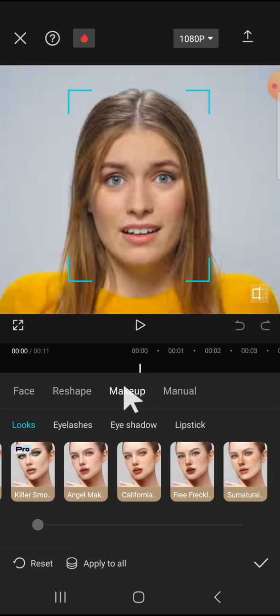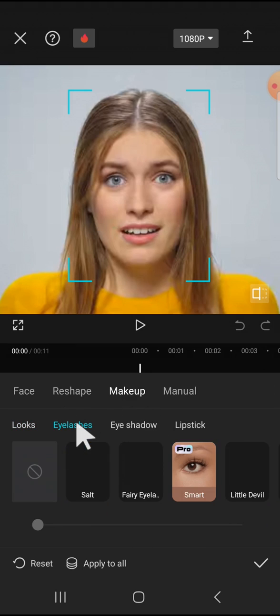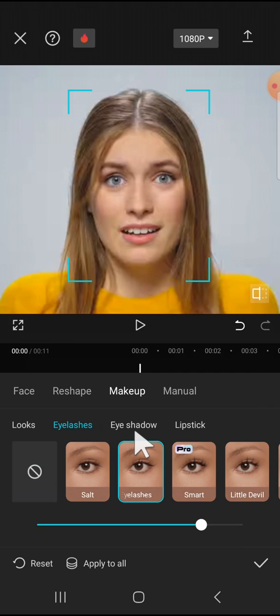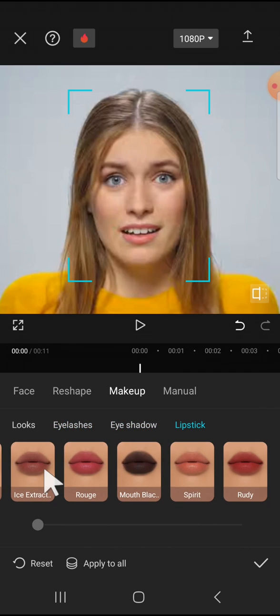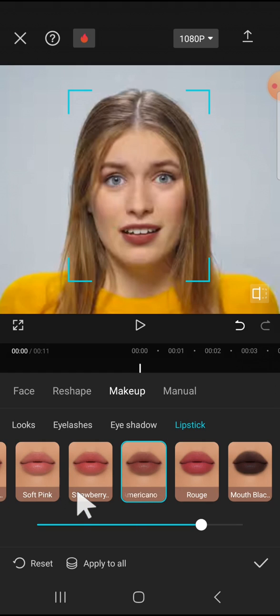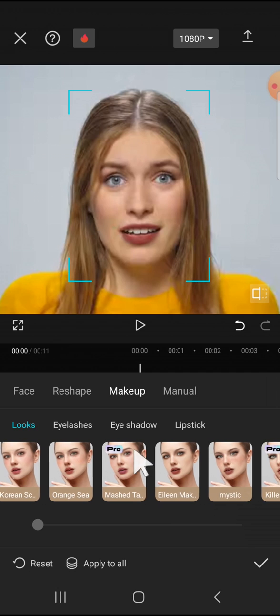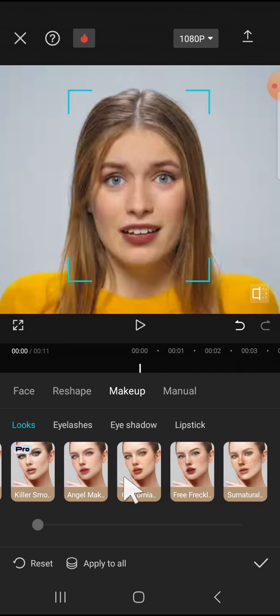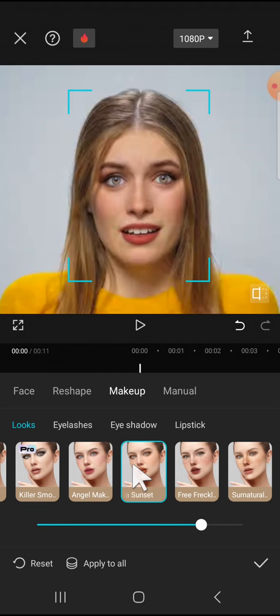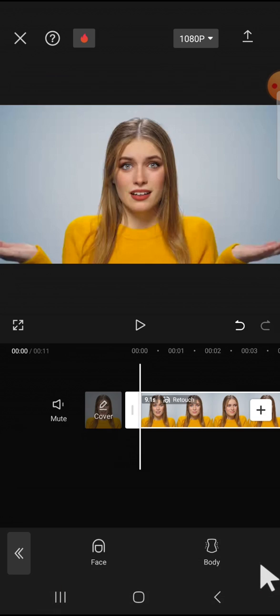You can also customize the eyelashes and eyeshadow right here, and the lipstick as well. You can customize it as you want, but here I'm just going to click on looks, and I'm going to apply this, maybe this California looks. Okay, and this is the result, and I'm going to click on this check mark, and now let's just take